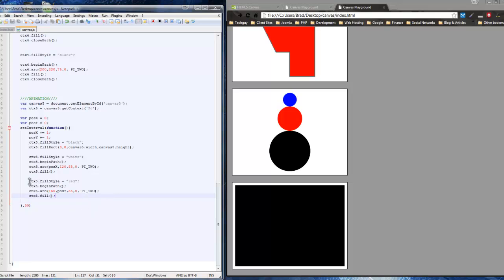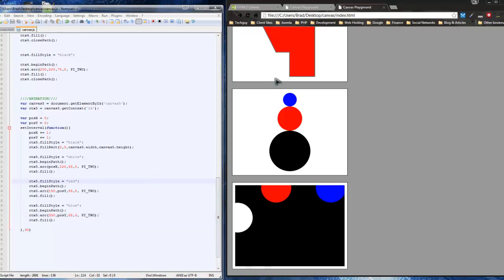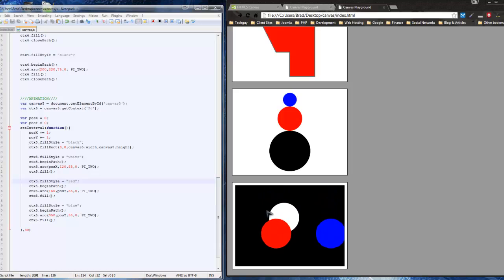So I'm going to go ahead and add one more, and this one can be blue, and I'm going to have this one go down on the Y-axis. I'm going to move this over to 350 so it's not in the way of the other one. Alright, save that, reload, and now we have a couple cool little circles animating nice and smoothly